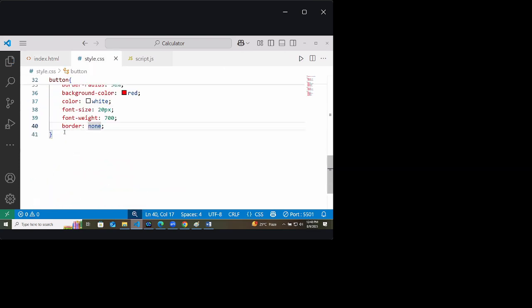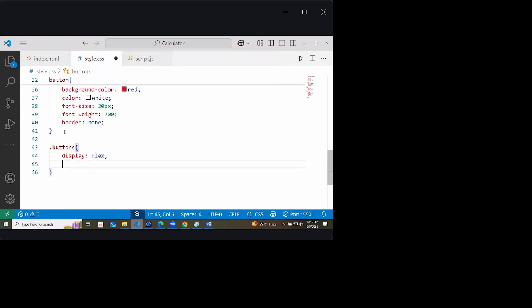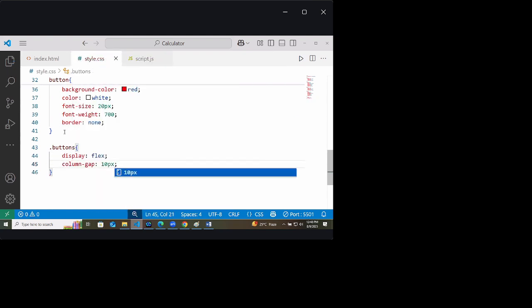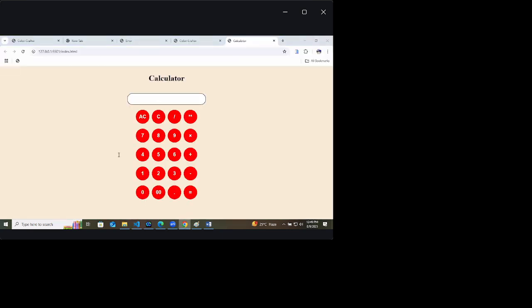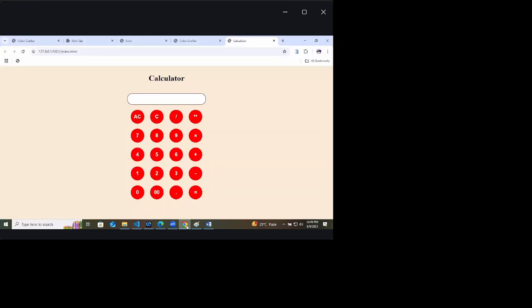So here I will write dot buttons, display flex, column gap of 10 pixel. They will spread a little bit, increase to 20 pixel, 24 pixel. Okay, like this.